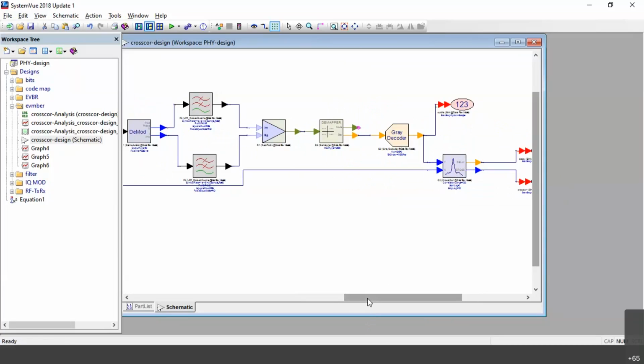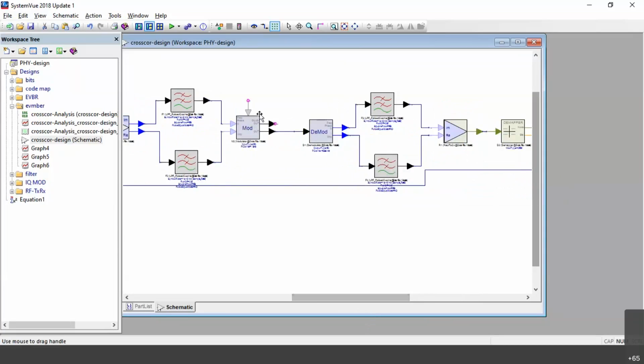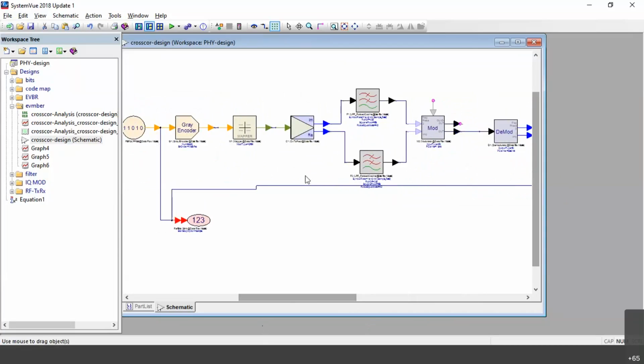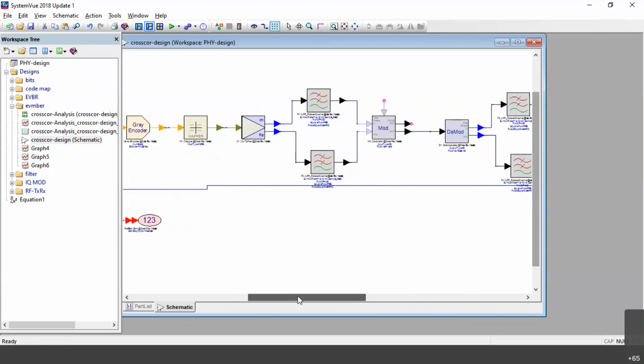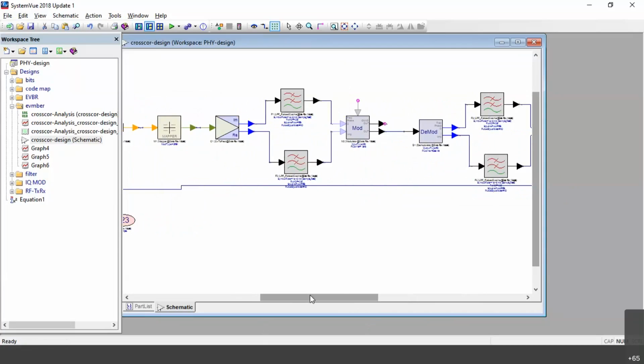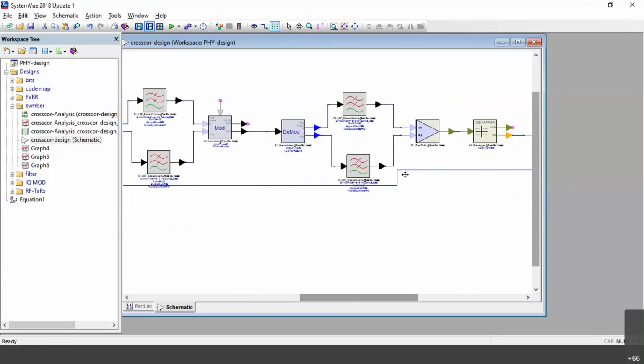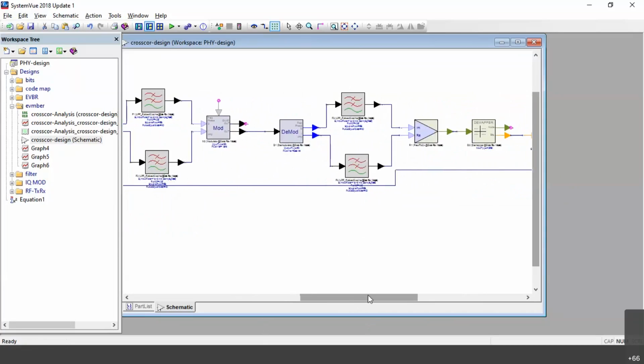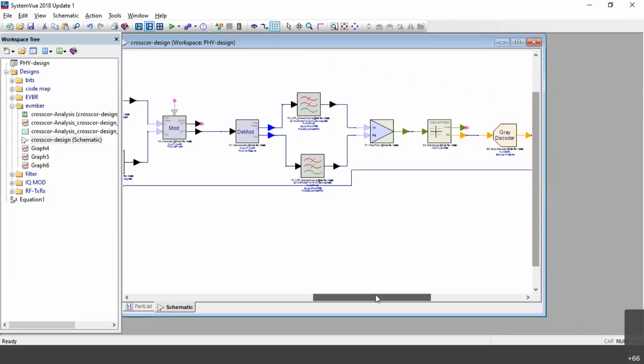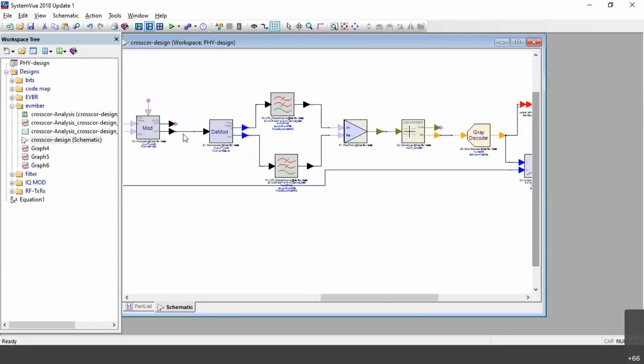Till here we did the modulated signal, that is QPSK. Now we'll go on to complete this cross correlation. We need to have another signal, right? We could do it from here only, but let us design the entire transmitter and receiver design.